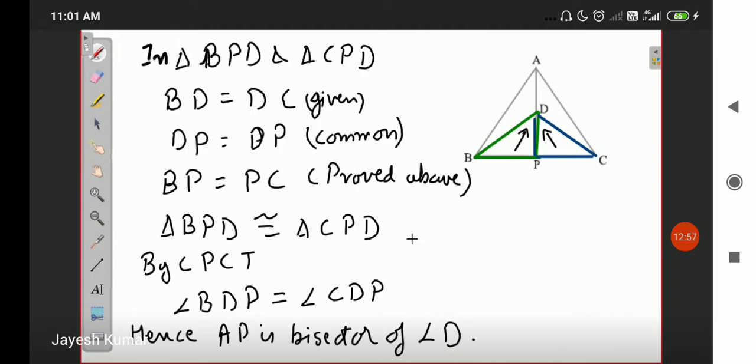I know it is a big question. Okay. In examination, usually all these four parts do not come for the proof. Only 1-2 parts come to the proof according to the weightage of the question. So don't worry about that, but this is a good question to practice SSS congruency. We have proved that both the triangles are congruent by SSS congruency rule.